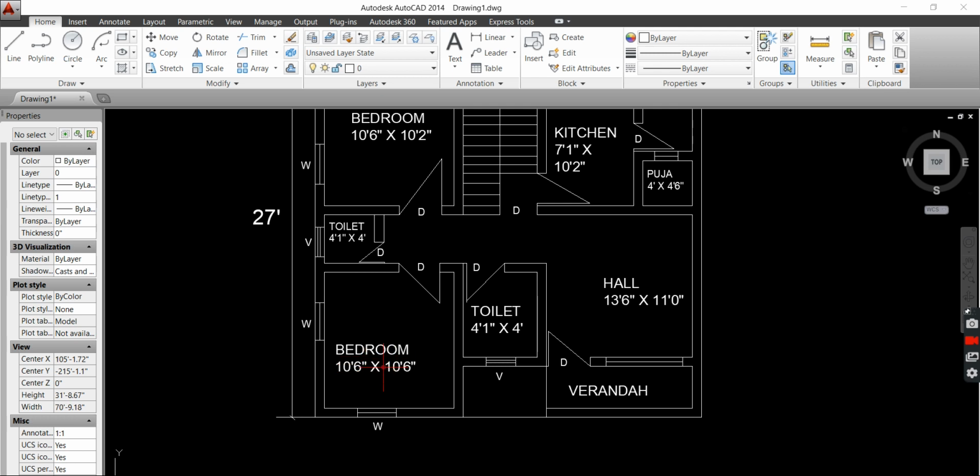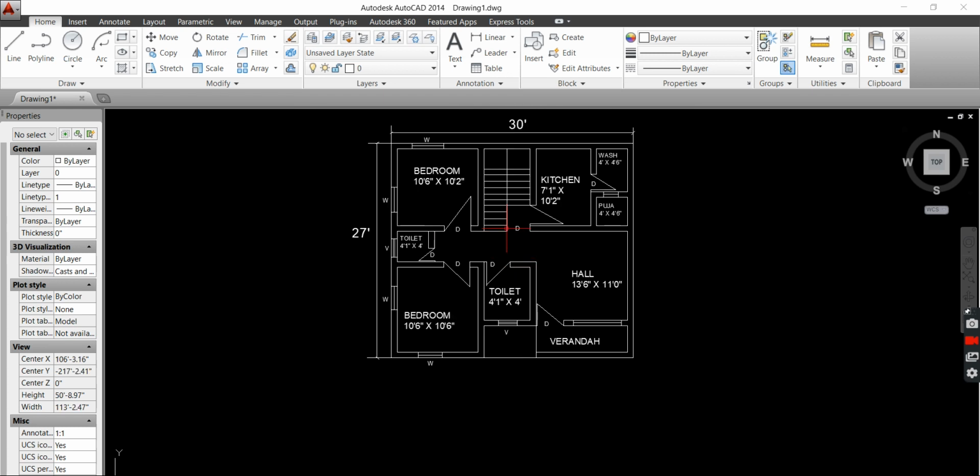Here I see the bedroom and the bedroom, and this is the entrance, and this is the veranda, and it is the hall, and this is the toilet, and this is the bedroom, and these are the steps. Simply to say, it is a duplex. I said that because the steps are inside, so it is a duplex.